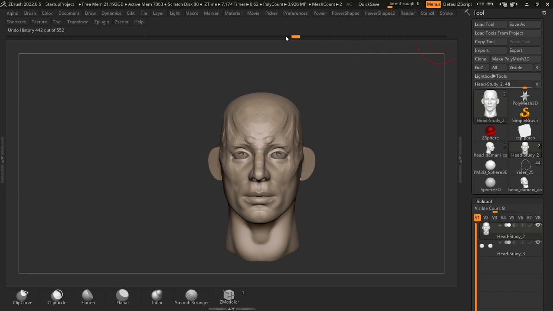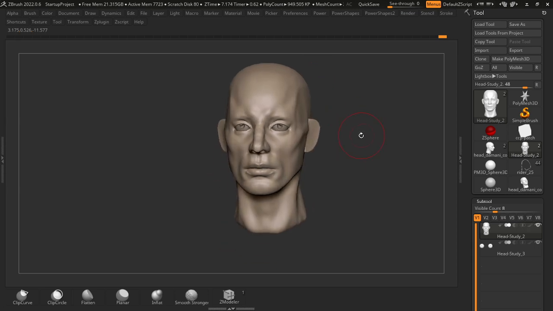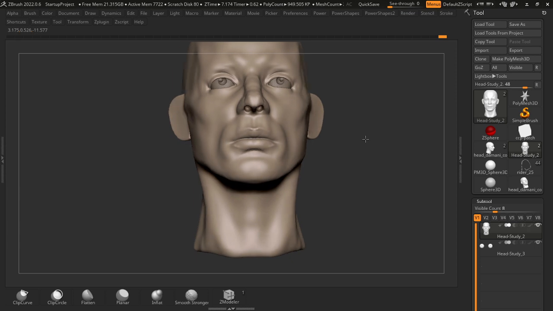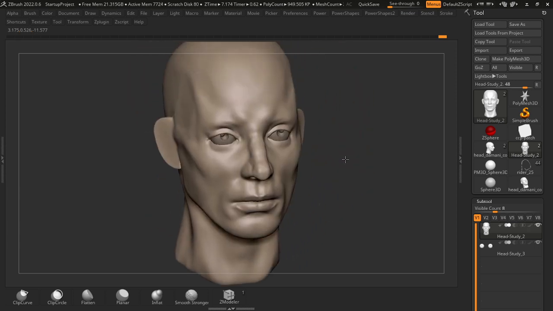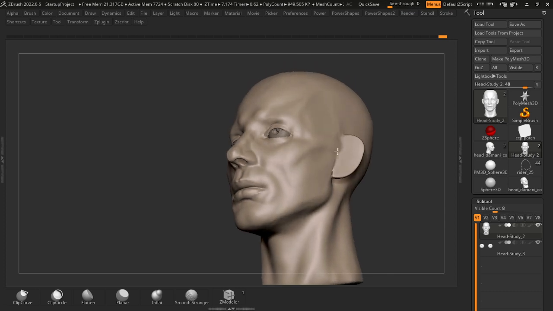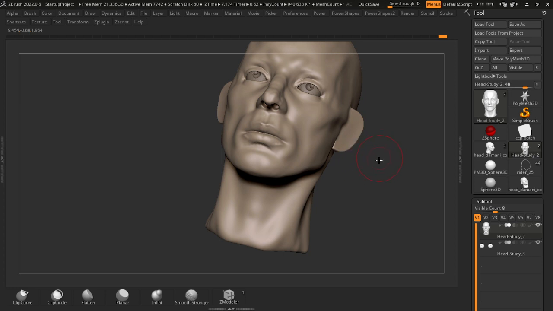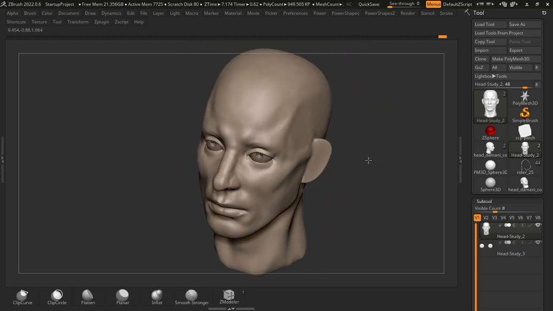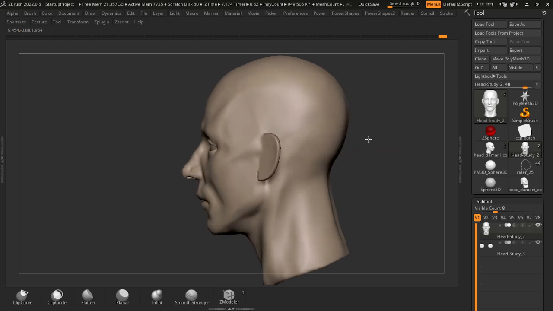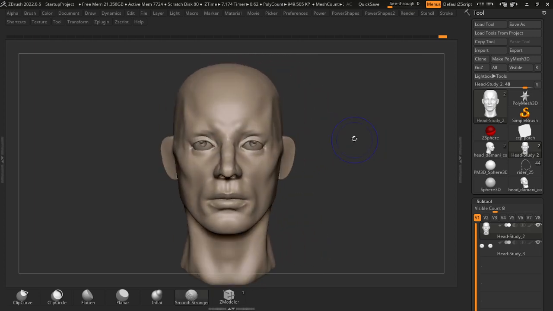ZBrush is. I apologize for my dog barking in the background. Yeah, now it's super slow, everything here. So yeah, I think of course there are a lot of things to work on. I am doing this from the top of my head, so I would probably check some reference and some pictures and try to improve some areas, but